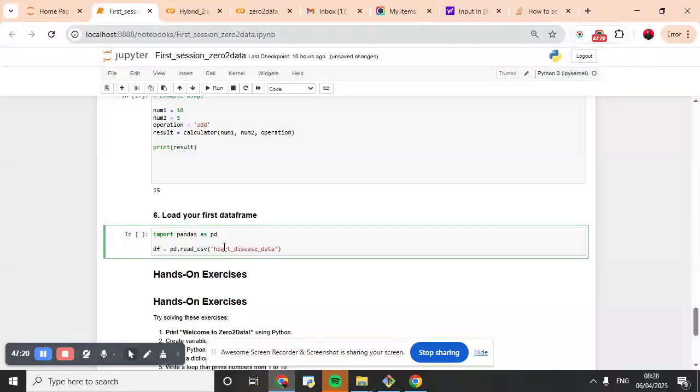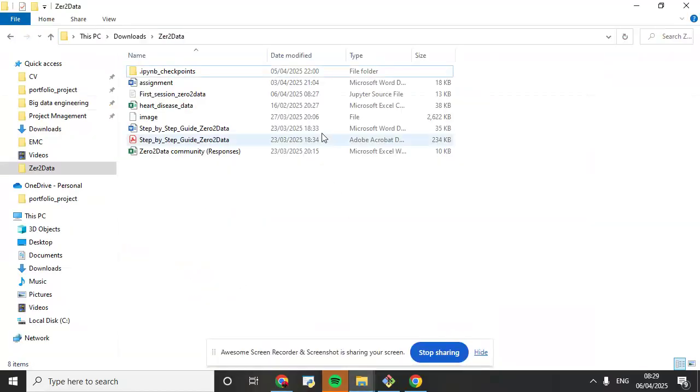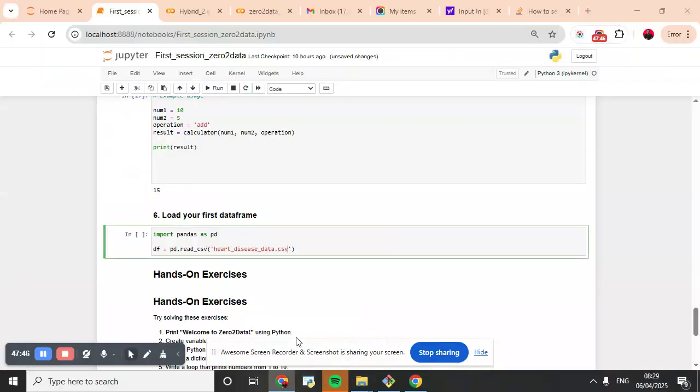Now you need the extension of the file. It is a .csv file. Like I showed you earlier, CSV means comma separated values. You can see that here: Microsoft Excel comma separated values. There are other types, but the most popular that we'll be using, at least for this level, will be CSV files. So if I run this,